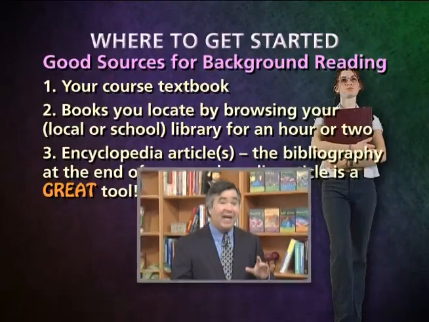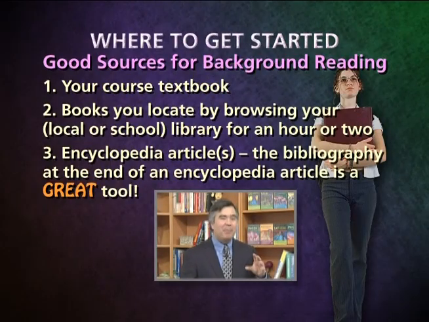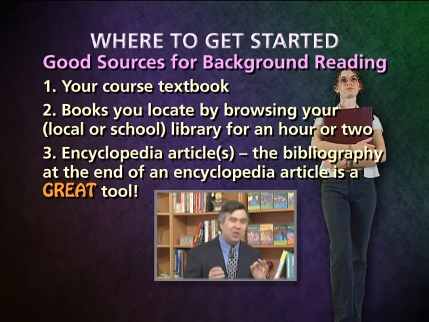in an encyclopedia article. In addition, most good encyclopedias, including the Encyclopedia Britannica, will end most of the articles with a bibliography. And a bibliography is a wonderful tool to get at this point in the process because a bibliography is a selected list of good books and sometimes articles written about the subject. So if you were to look up Picasso in any good encyclopedia, the article about Picasso would be interesting and helpful in its own right.